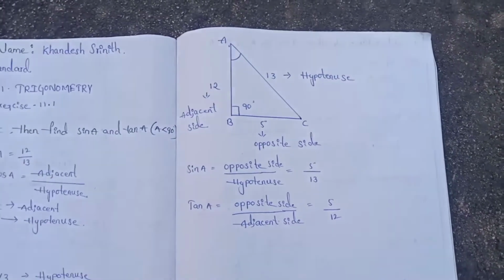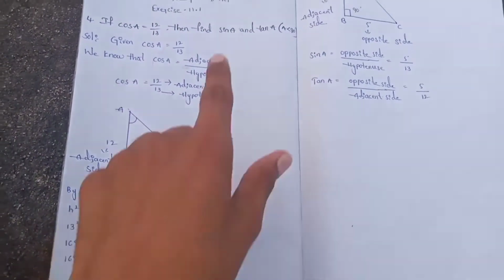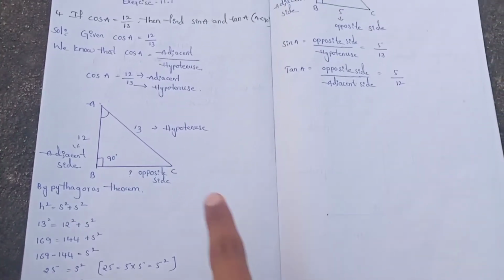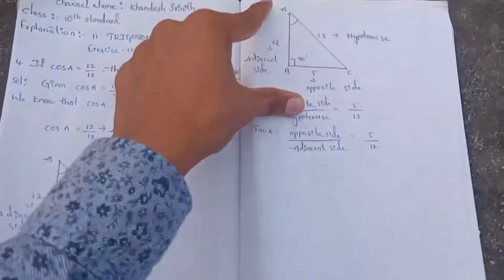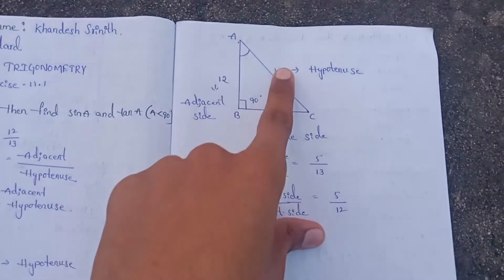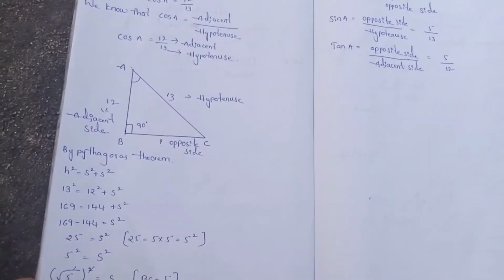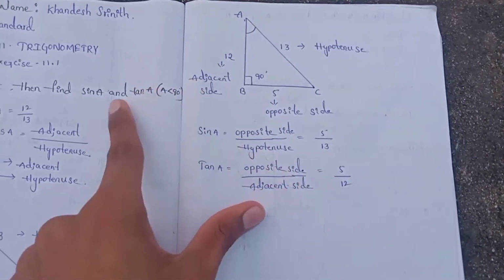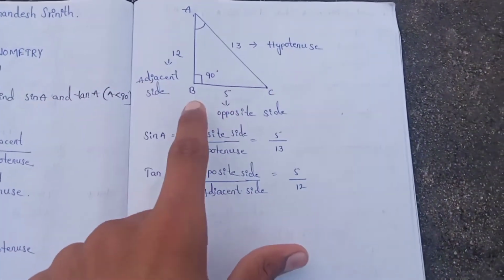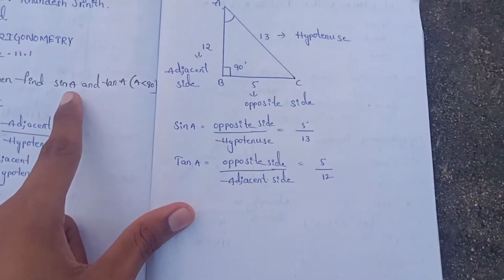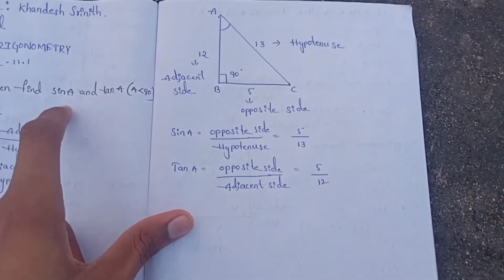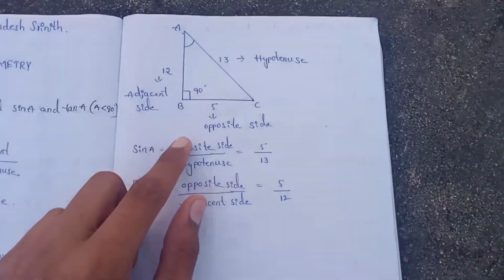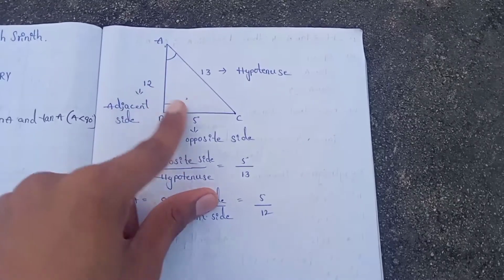Now see here. What we have to find are sin A and tan A. We draw the same triangle here with 12 and 13. BC we have found is 5. Here 5. By pointing out angle A. Why should we point out this angle A? Because angle A is what is given here. So we have to point out this angle A and write the opposite side, adjacent side and hypotenuse.